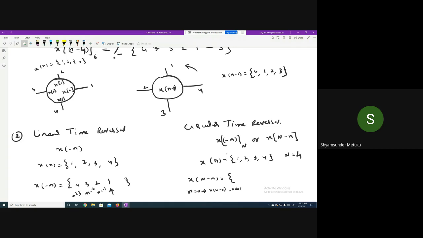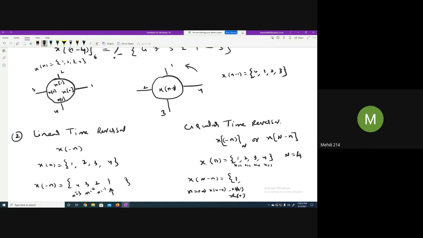Do you have x of 4 here in this? This is x of 0, this is x of 1, this is x of 2, this is x of 3. Do you have x of 4? No. So even if x of 4 is there, it will be x of 0 only, no? Anything above x of 3 will be added towards here, so it will be 1 only, there is no change. It is equal to x of 0 only. Is it clear? X of 4 is equal to x of 0. Can I write that way or not?